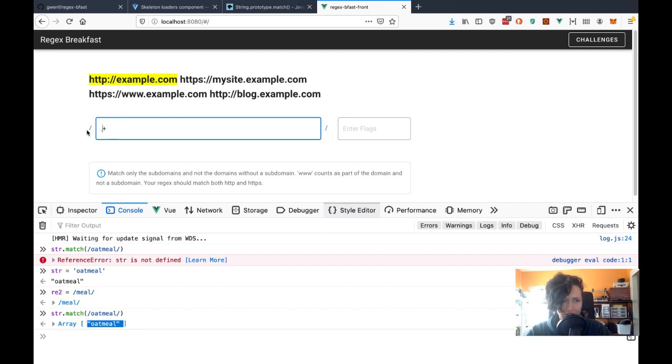Let's see. If I match, okay, so I'd have to match each thing individually. So this is better, but it doesn't match spaces. So actually, this dot function name